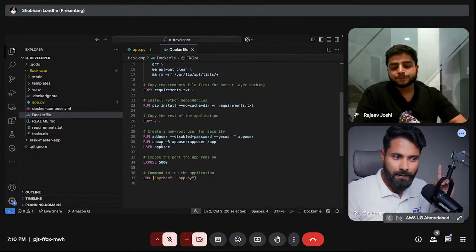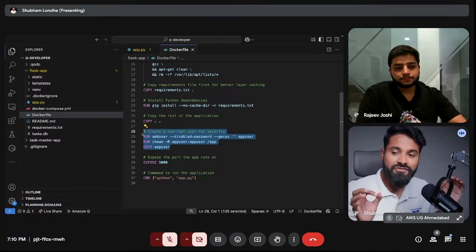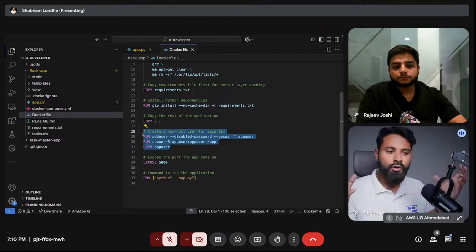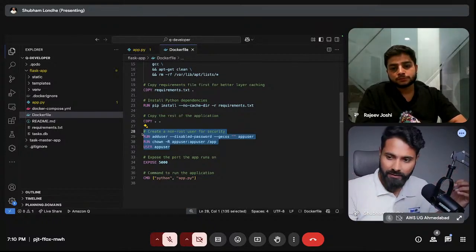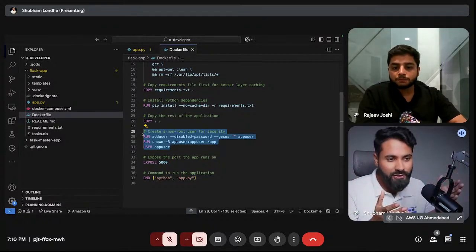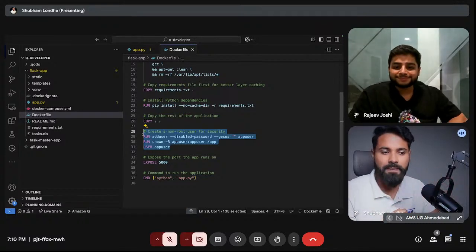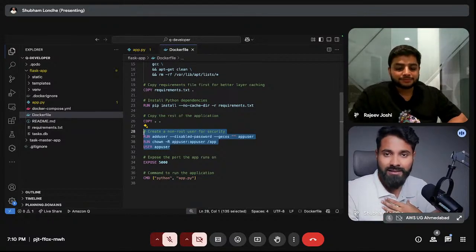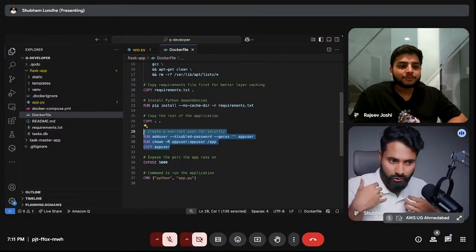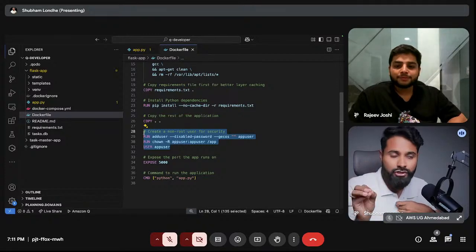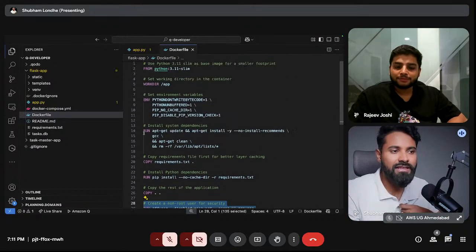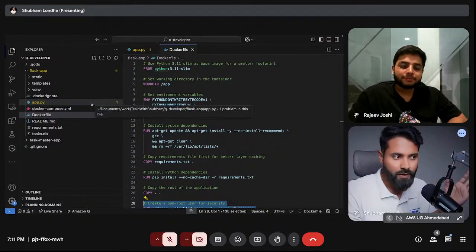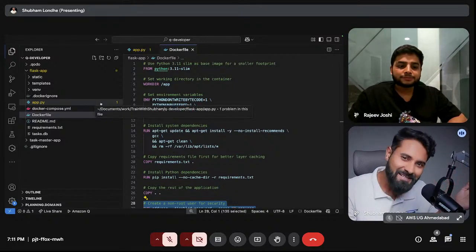For example, creating a non-root user is very important for security purposes. So some coding assistants might miss that. Amazing to see Amazon Q did not miss it. It's one of the best coding practices. So we as a human in the loop, HITL, human intelligence, should make sure all these things are present in your code. Your code is following all security practices.